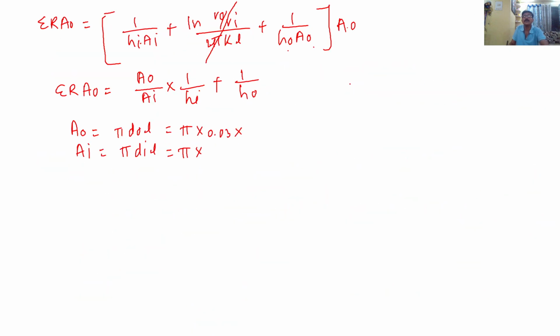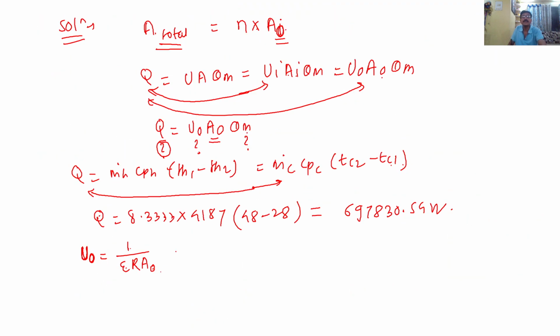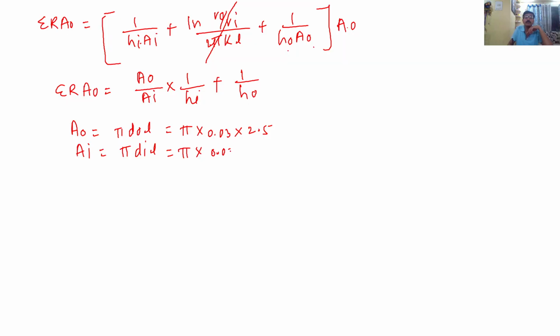L is 2.5. What is DI? 0.026. And what is L? 2.5. If I calculate AO and AI, AO comes around